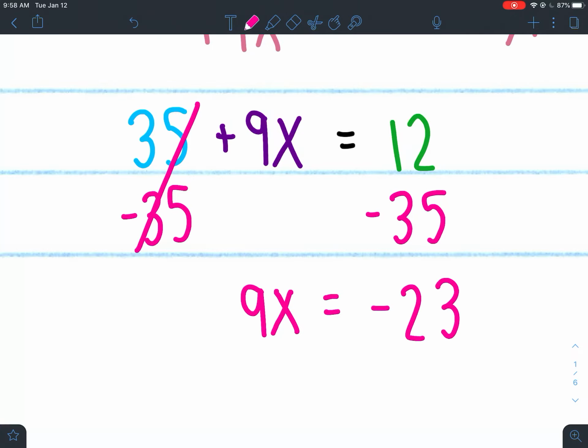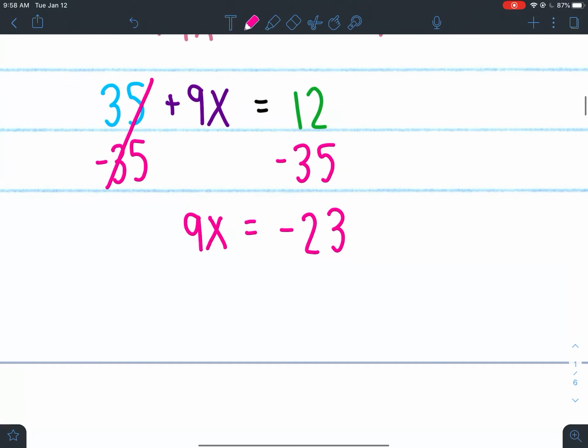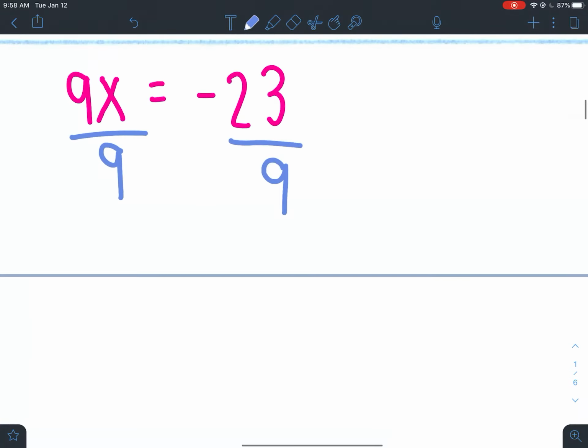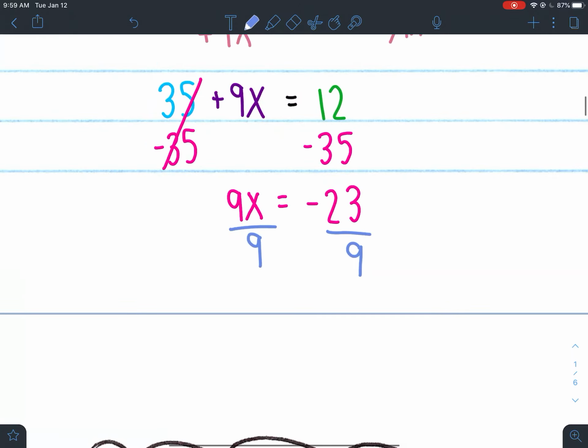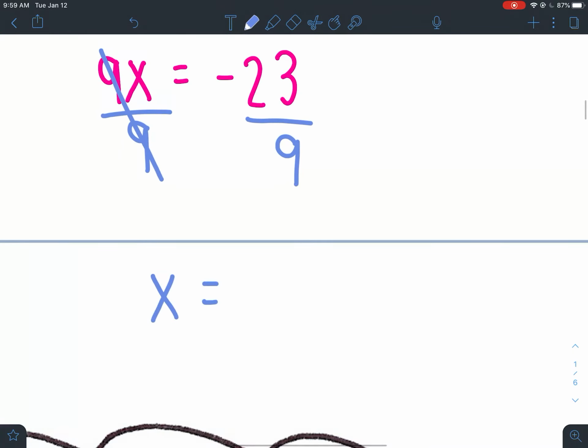Am I going crazy? Am I going to make a mistake? Give me 1 second. I don't think I made a mistake, but I'm going to go ahead and double check. But I'll go ahead and keep going with this one, and we're going to get x by itself. We're going to divide both sides by 9. The reason why I thought it was crazy is because this number is ugly. It's a really nasty number. So go ahead and cross off these 9s, and we have x equals negative 23 divided